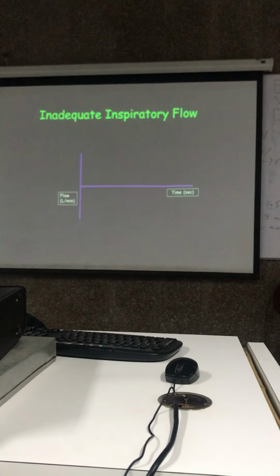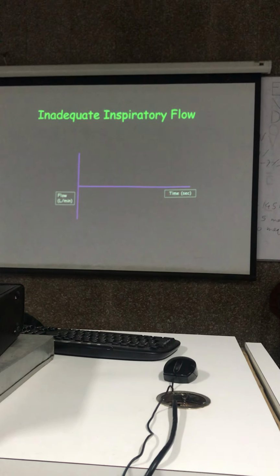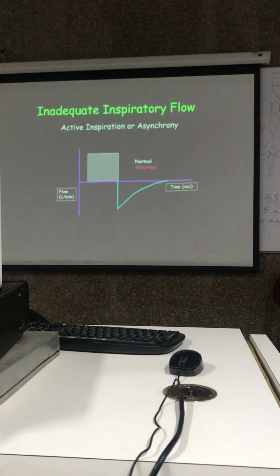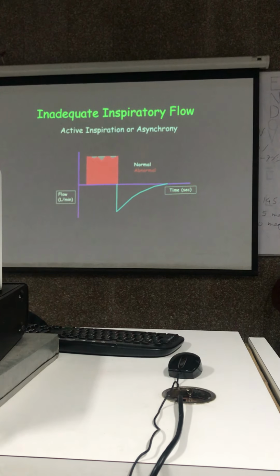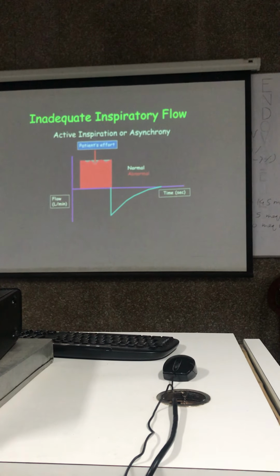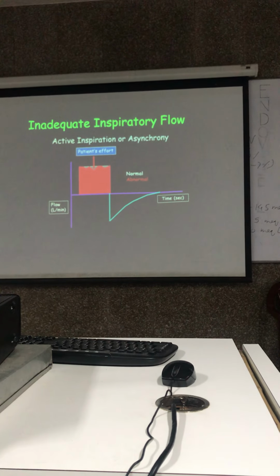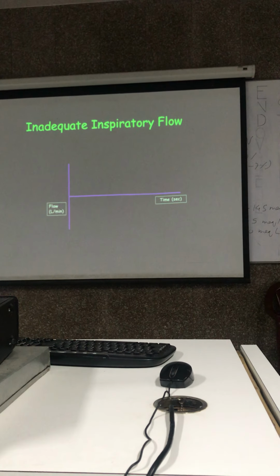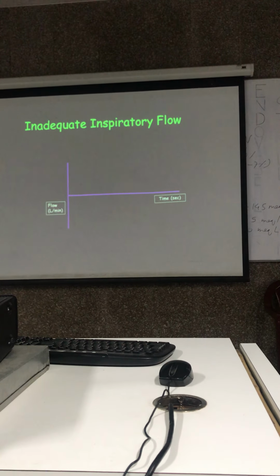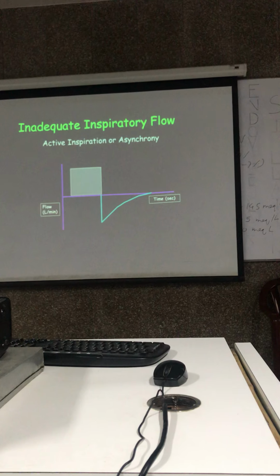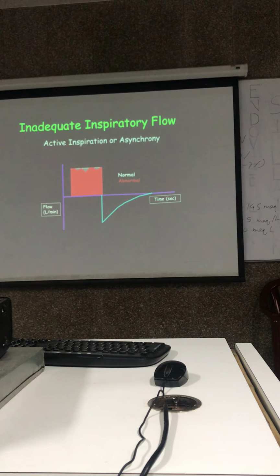Now look at the flow time scalar here. Okay, so this is an active inspiration which takes place. This is the normal pattern, the white one. Just look at what happens here. Okay, you saw the previous one. This is what a normal pattern will look like, that square. Okay, the abnormal is the